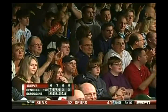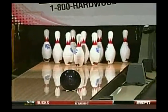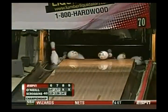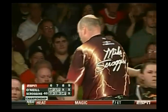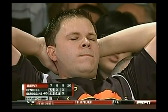7 in a row for O'Neal. That's right. Well, it just doesn't get any better, does it? Scroggins in the 9th drops the rack himself, and Scroggins was a partner with O'Neal 3 years ago in a doubles event. They made it to the semifinals, and Scroggins left the 3-6-7 split,